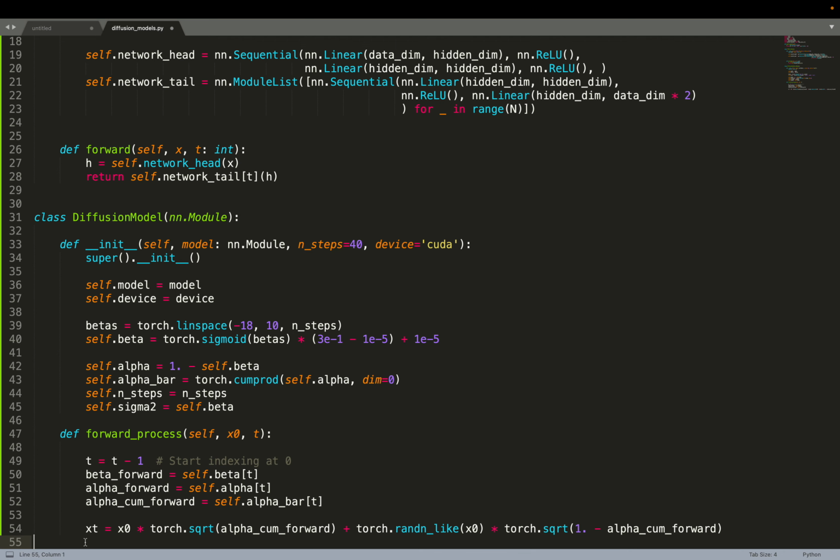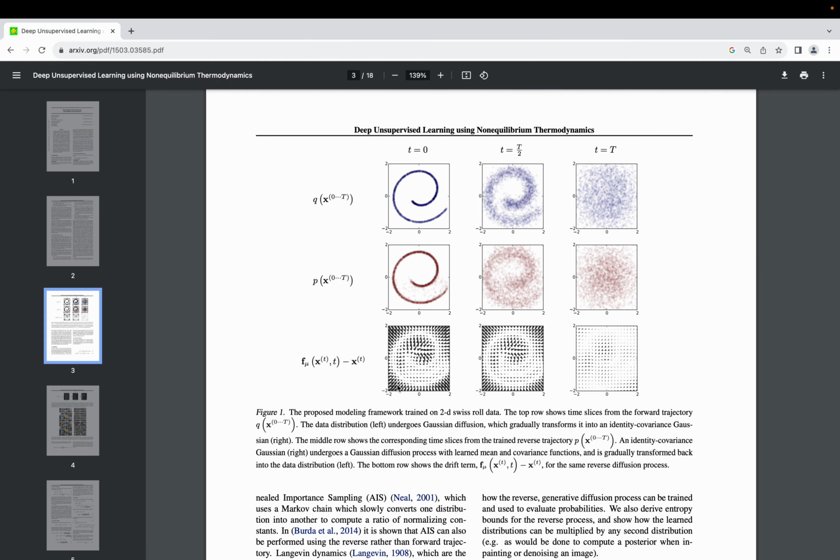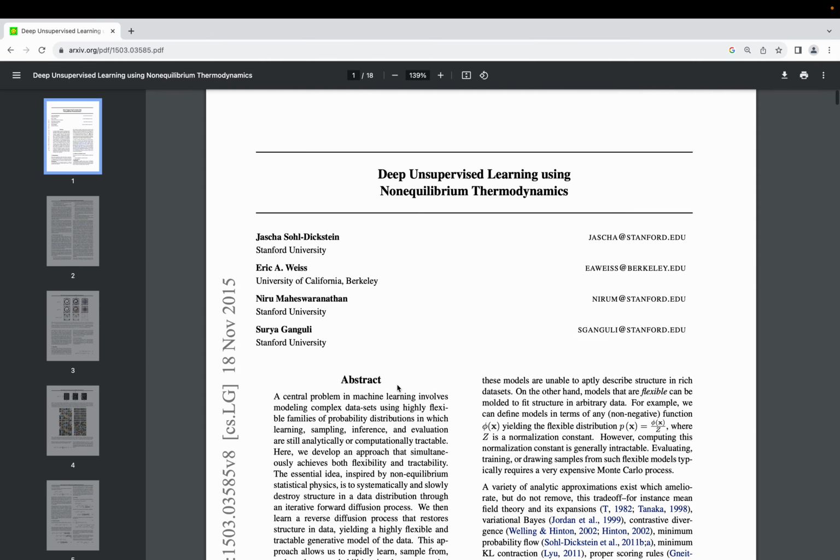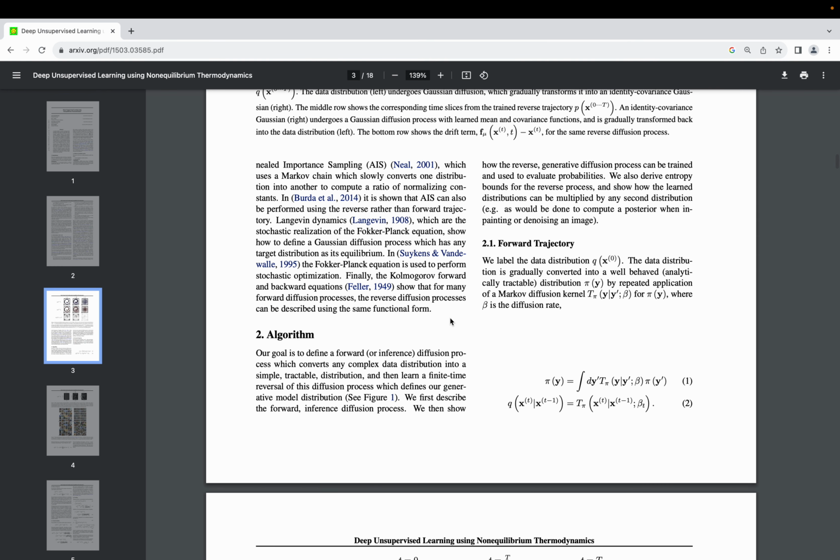Once this is done, we can compute xt from x0. In the paper, they explain how you can sample xt given xt minus 1. So when you know xt minus 1, you can sample xt. If I know x0, I can sample x1. If I know x1, I can sample x2, and so on and so forth. This is what is described in the paper. So if I want to sample xt given x0, I need to write a for loop that will iterate. If I want to do 10 time steps, I can do 10 loops and use this equation recursively